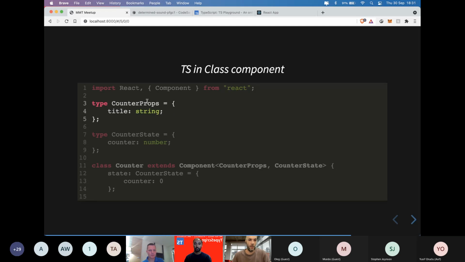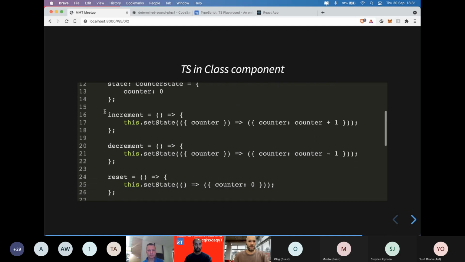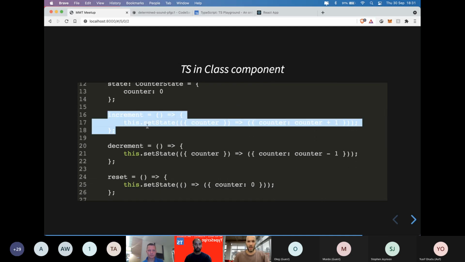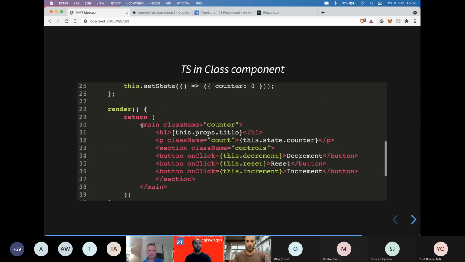So we can define our props using the type, the counter state, then we pass the counter props and counter state in the component in the generic using this syntax. And then we define some handler here, which mutates the state,